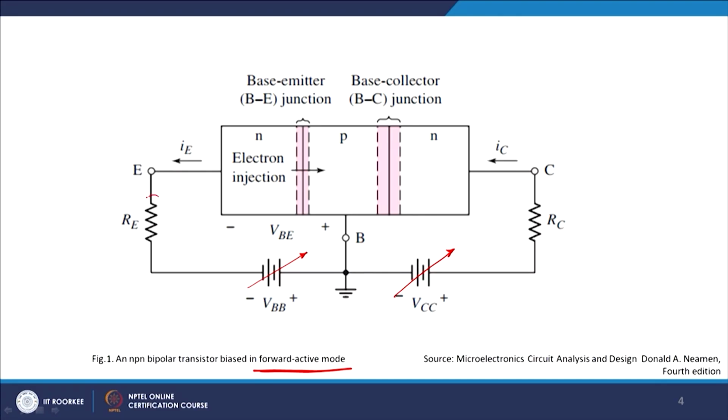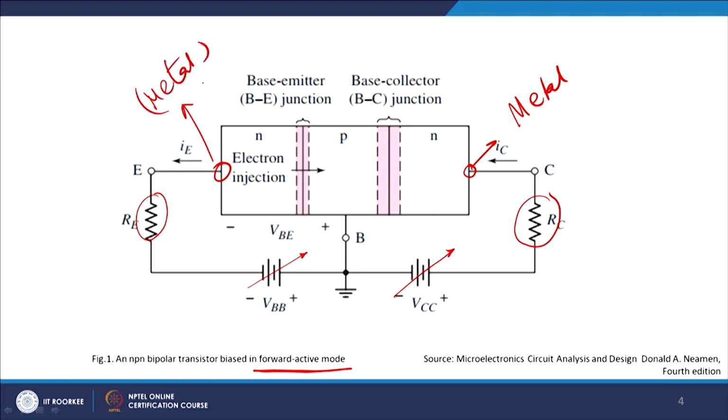This RE and RC are basically the resistances. This takes care of the Schottky resistance at the contact, because the contact on this side and this side will have metal contact, right. We had discussed this point earlier also. This will be metal, this will be metal also. So, both are metal. So, metal contact will have some resistances, plus the wire will have some resistances, plus any